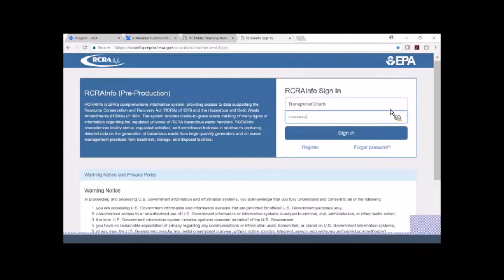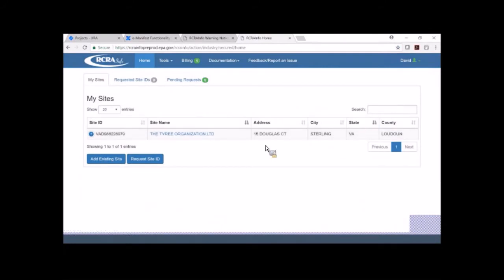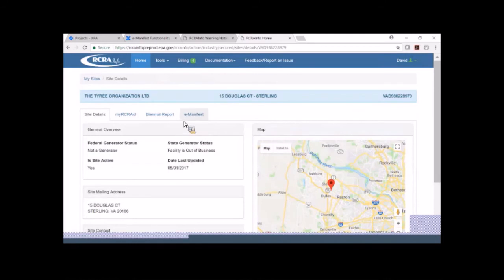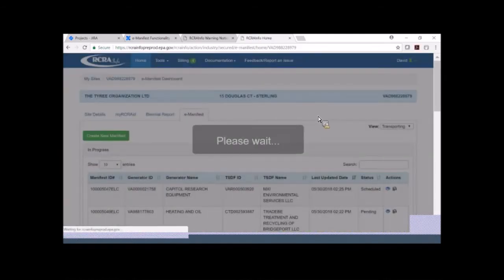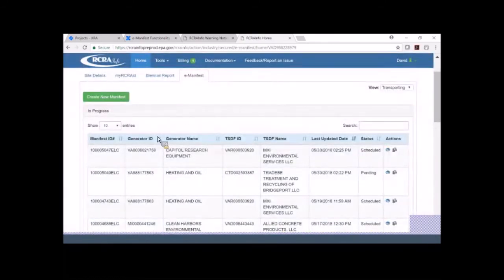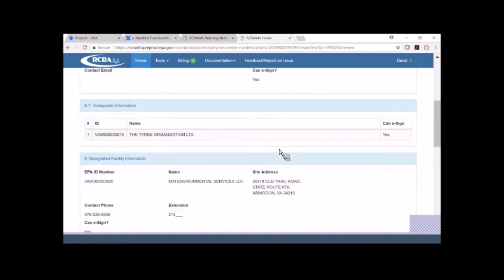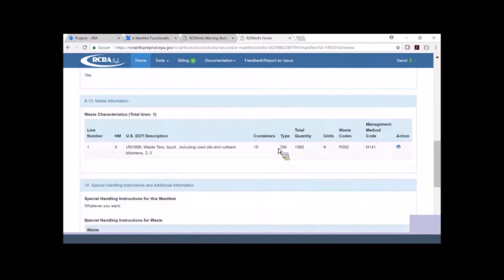So I'm logging in as the transporter. And again, here is my site. I'm the Tyree Corporation now. The e-manifest. All right, so here's our manifest, Capital Research Equipment. It's going to MXI Environmental. It's scheduled, so I could take a look at it. I have shown up on site, and let me see what is on the dock waiting for me. Because the generator has not signed it yet,